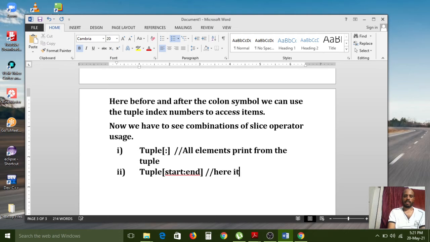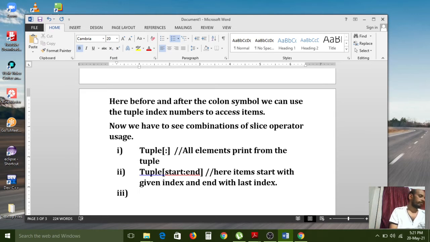Here items start with the given index and end with the last index.